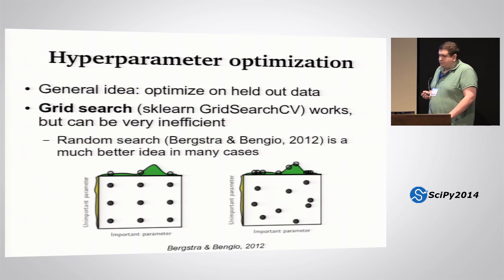Anyone with experience in machine learning knows that you can just grid up your hyperparameter space. sklearn or scikit-learn has facilities for that, but it can be very, very slow and very inefficient. And James Bergstra had a paper in 2012 that argued you're actually much better off doing random sampling. This gets you around several inefficiencies, with respect to some hyperparameters not really meaning much or interacting much with others.